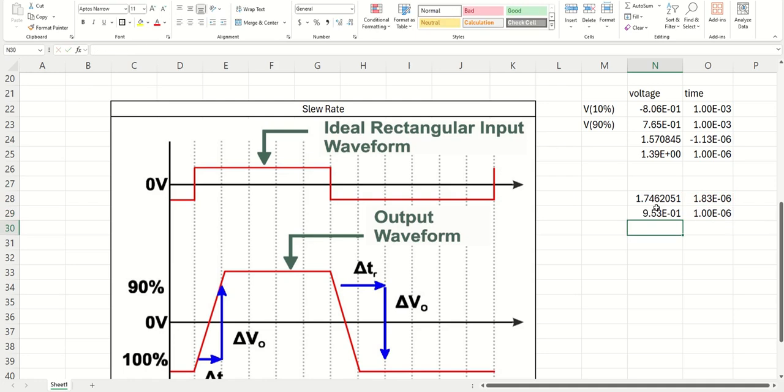Okay, so we have 0.953, so 0.95 volts per microsecond,